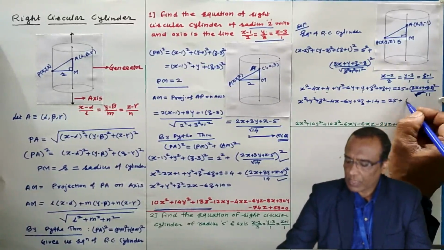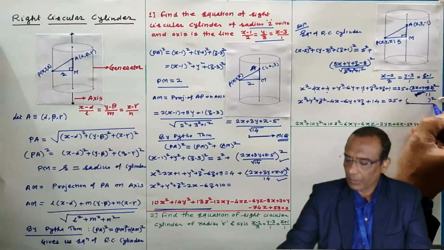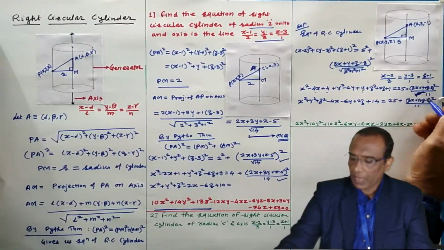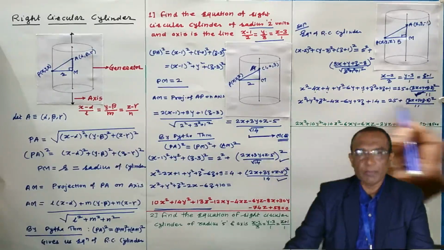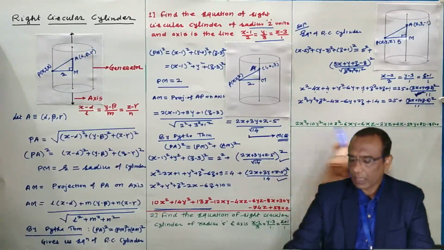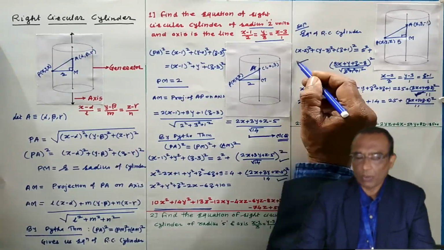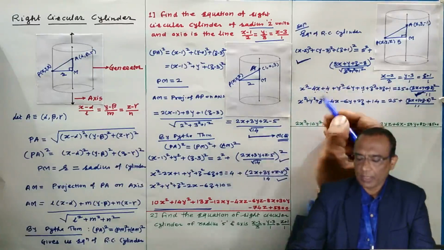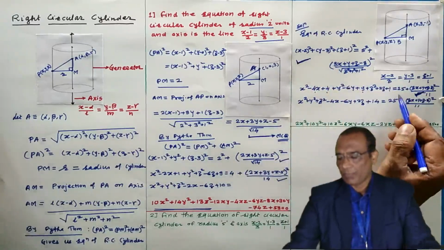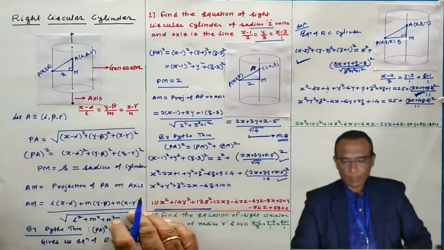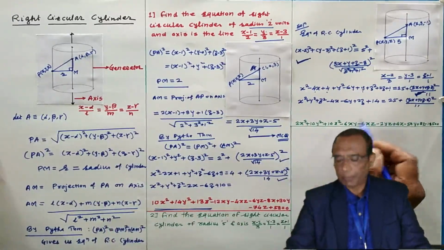Plus this is as it is, 3x plus y plus z minus 8, and you expand it. If you multiply by 11 and expand this one, you will get this as the final answer. In an online examination, this will be the option, because further simplification will not be expected in an online examination. But you have to be prepared for it.